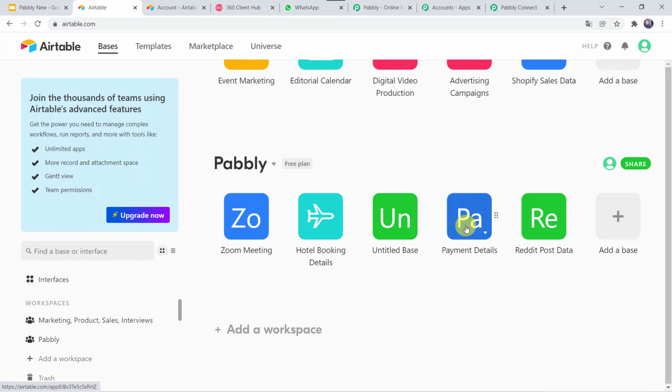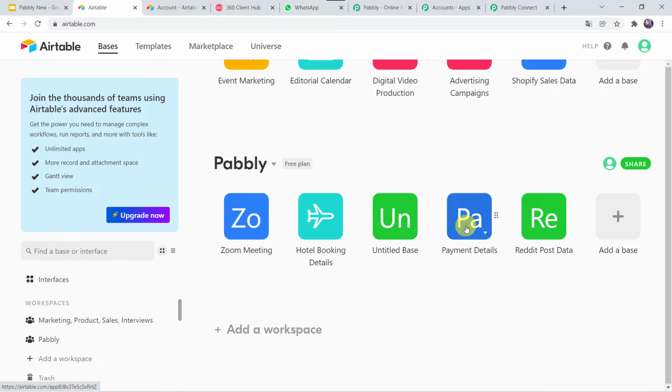So now let's move back to Pabbly Connect and click on save and send test request. Okay, and here we can see the responses received and all the details that we have created in the record are captured over here. Here we can find the name, email address, contact number, the payment amount as well as the created date and time. Okay, all the details of the customer and the payment are captured over here. So now we want to send a WhatsApp message to this particular customer on this WhatsApp number. So come to this action window.